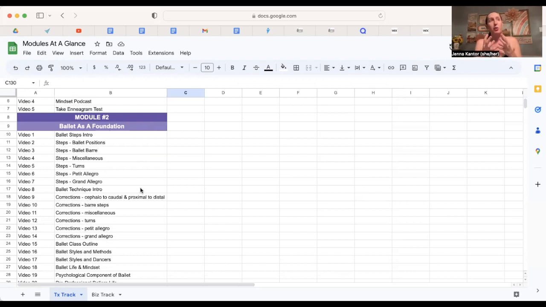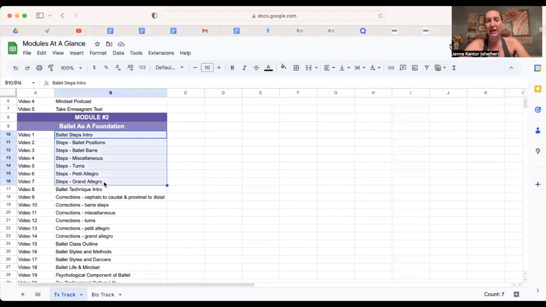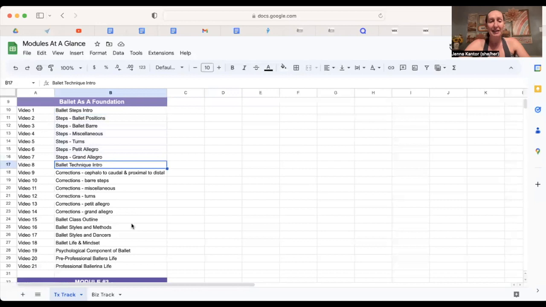I think the most important thing if you don't have it, for technique, how to spot the little things. It starts off with just going into, let me just highlight so you can see, it goes into all the steps, okay? Then it goes into ballet technique, where I'm going into massive picky mode, giving all the corrections for everything. And then it goes into the outline of a ballet class, so you can understand its structure, different ballet styles and method, ballet styles and dancers that are connected to that, ballet life and mindset overall for them, the